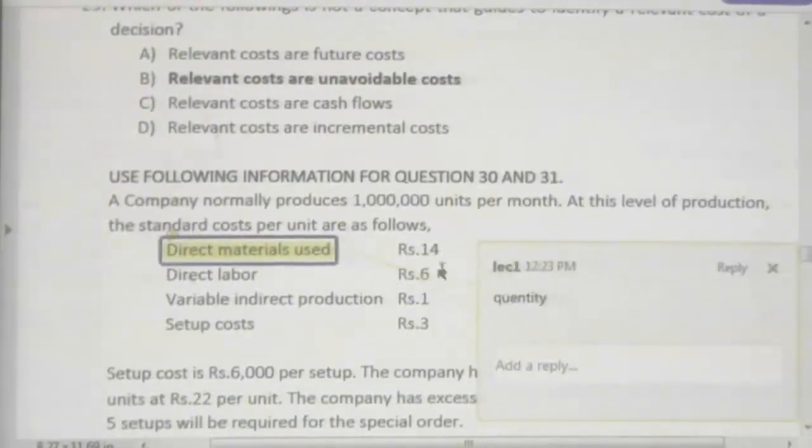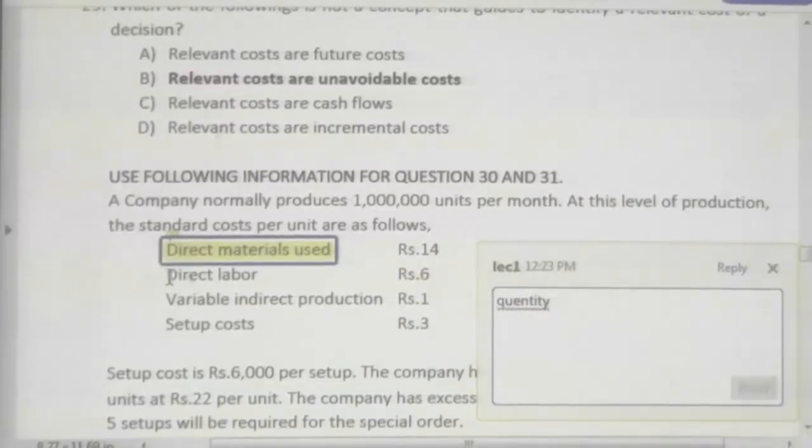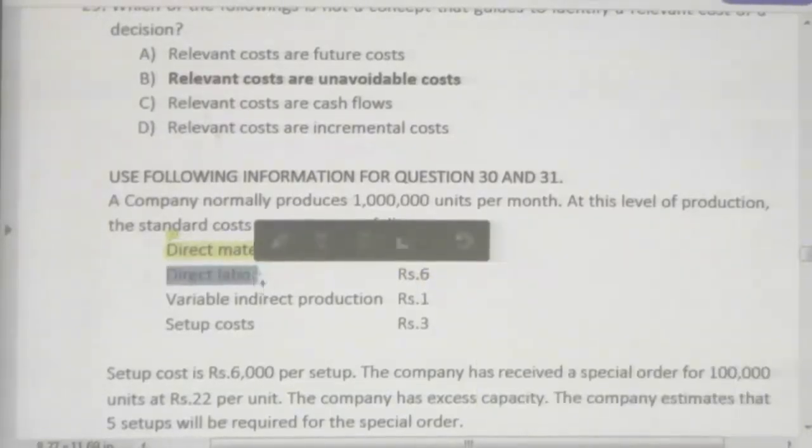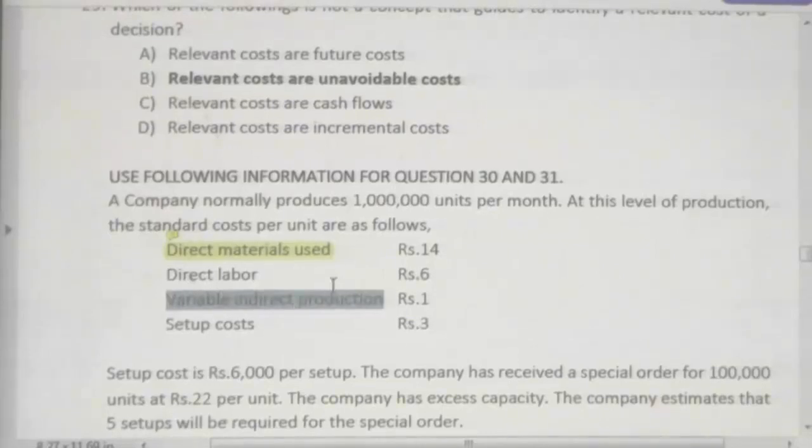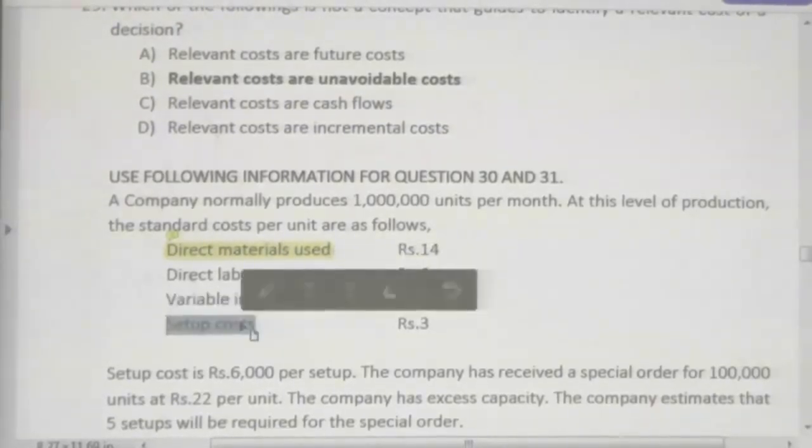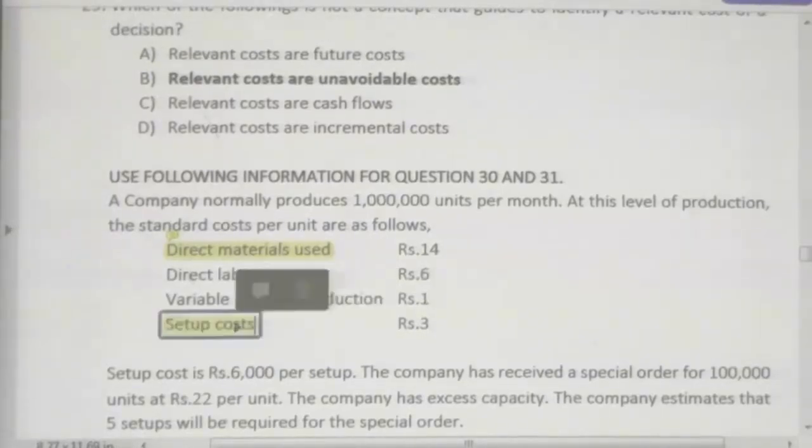Direct labor also changes with quantity. Variable indirect production also changes with the quantity. But setup cost will change